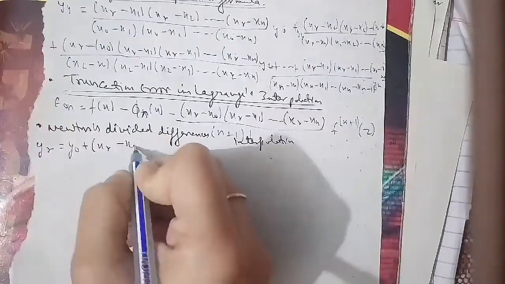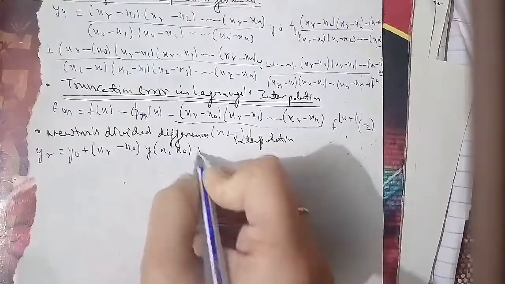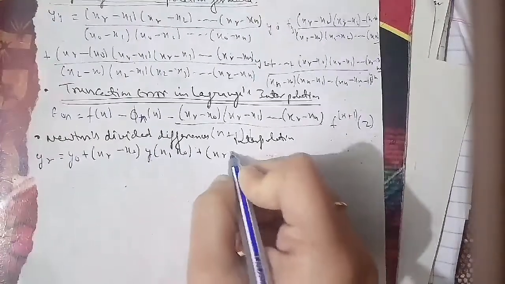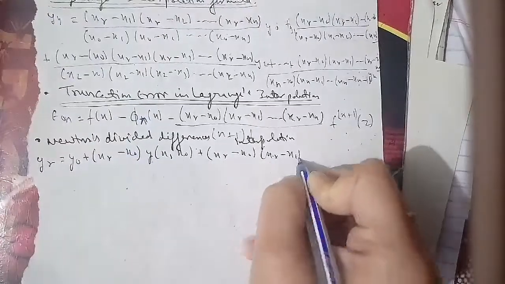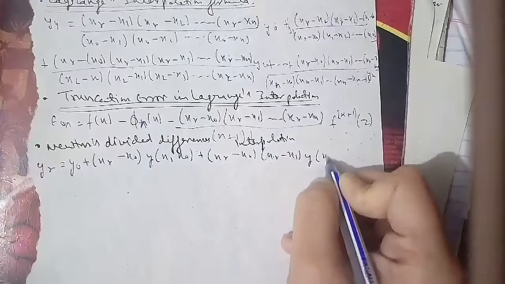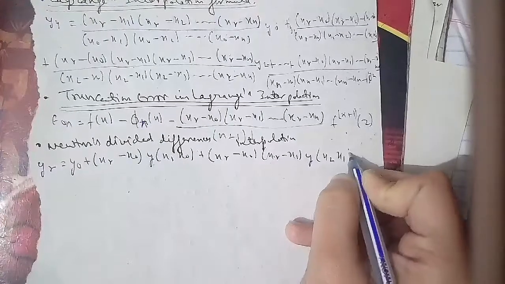For the same, we go ahead: yr is equal to y0 plus (xr minus x0) y[x1, x0] plus (xr minus x0)(xr minus x1) y[x2, x1, x0]